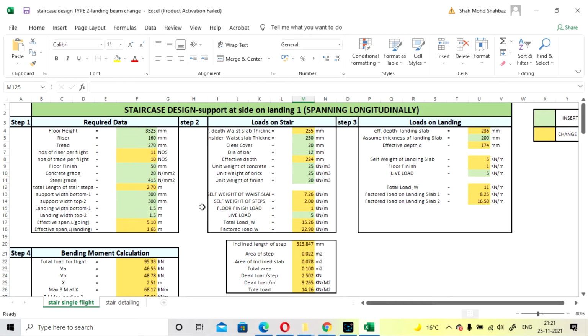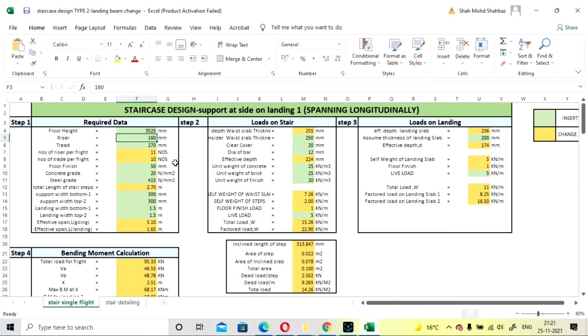So we need the data for the design consideration. This data is provided to you during the design consideration. Your floor height should be mentioned in your plan or design data.